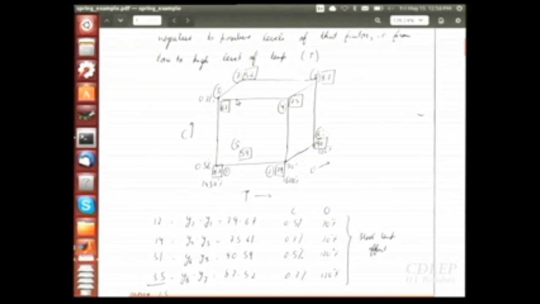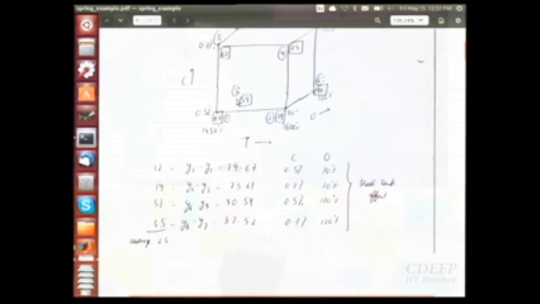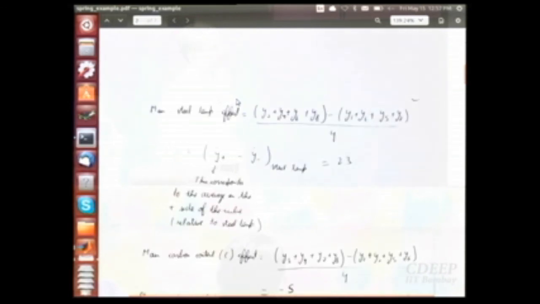So out of these 8 runs, 4 of them are at the higher level of temperature, 4 of them are at the lower level. So all you are doing really is adding all those 4 runs which were at the higher level of temperature, subtracting the responses at the 4 runs which were at the lower level, and dividing by 4. 4 is essentially the number of runs at which it was at the higher level. That gives you an estimate of the effect of increasing temperature from lower level to the higher level, the estimate of the effect on Y, right. So that's what you are doing.